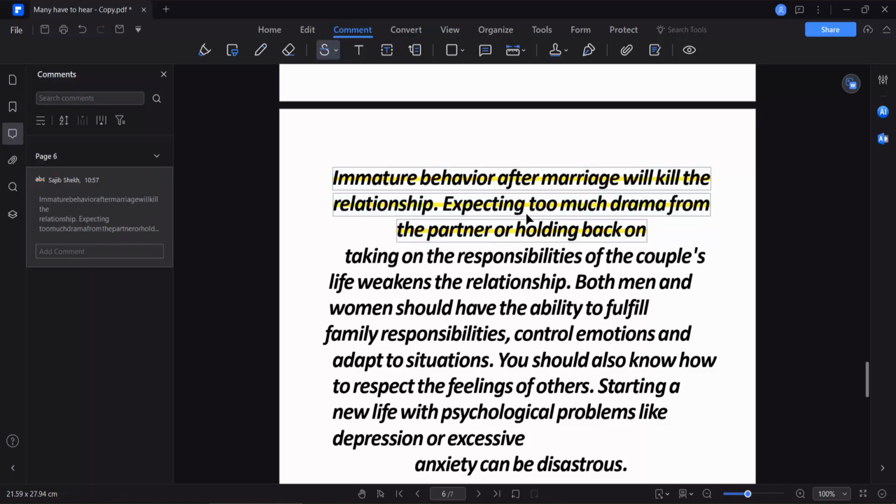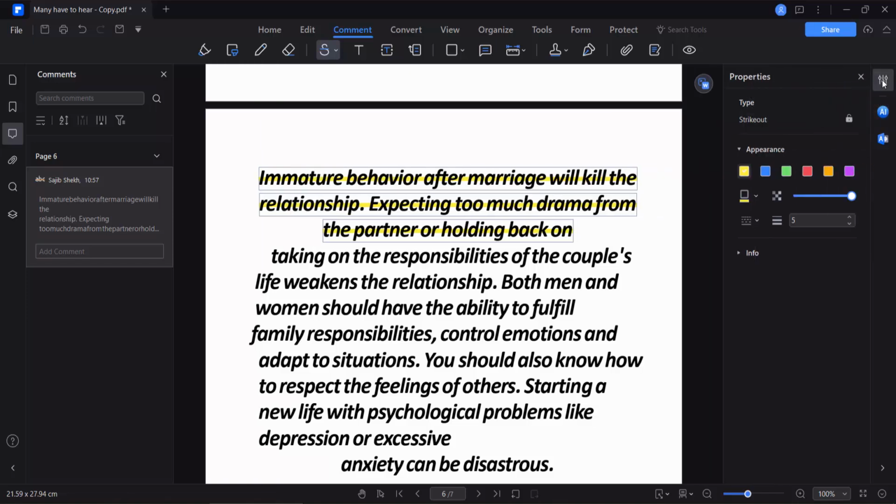This is yellow color strikeout happening here, and on this right side bar top corner, here you will find this properties option. Click here, and this is red color, select this one, and also you can increase or decrease the thickness of the strikeout and its opacity. And if you do not find this red color option here, click any color and go to this